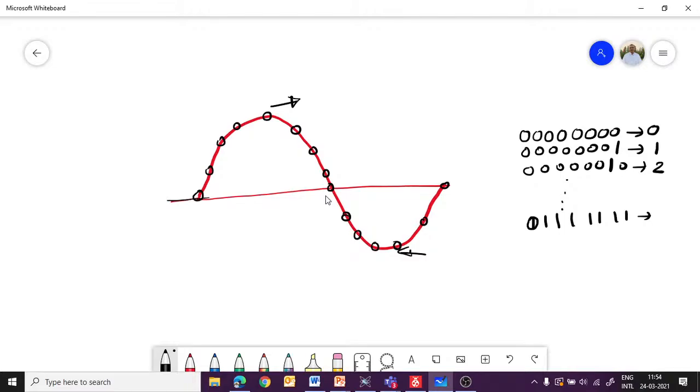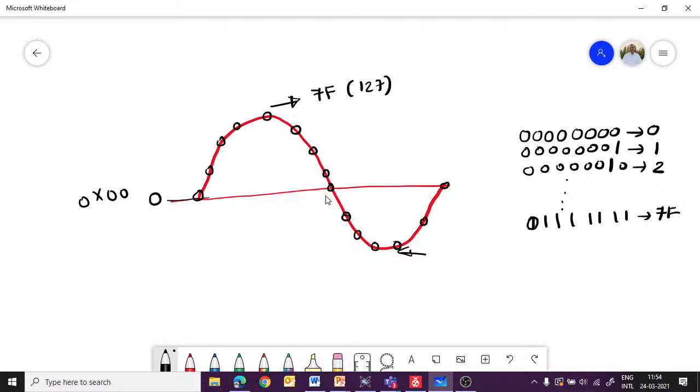In hexadecimal value, if you write it in this way, it is 7F. So the maximum value will be 7F in hexadecimal, and in decimal it is 127. This point is 0, so the corresponding hexadecimal value would be 00.